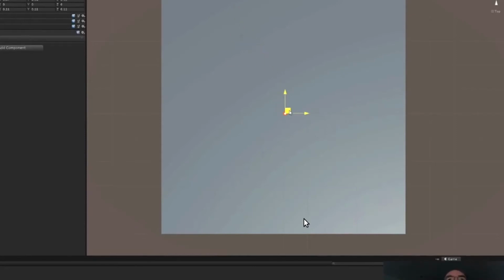So the first thing I'm going to do with this is I need to turn off or remove my script, and then I'm going to check if this is in the middle. What is 0, 0, 0? Let's just see 0, 0, and 0. Puts it in there, and then let's make the ball bigger so you can see it more clearly. Maybe 0.5, which is fine. And I'm going to